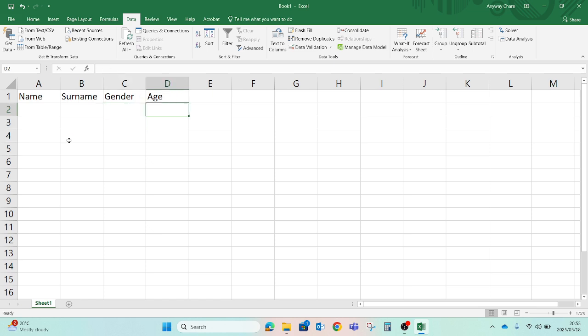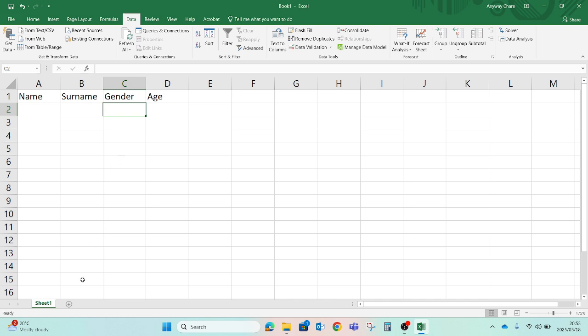What do you do there? Or in the field for age there, you want them to type in age in the form of a whole number that is probably between a certain range of numbers. So let's start with the gender there. Now we know that we want our users of the worksheet to select either male or female. So how do we then validate this cell so that people will just be able to select the options that are given to them? So what you need to do first is you need to create the list of options,